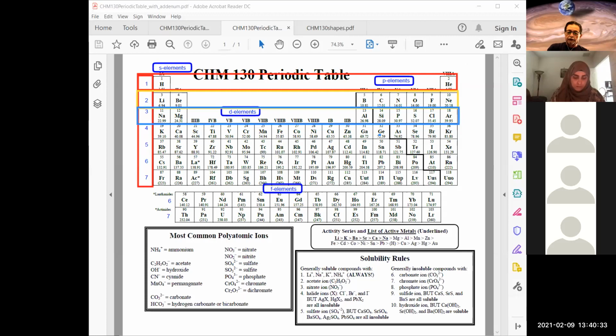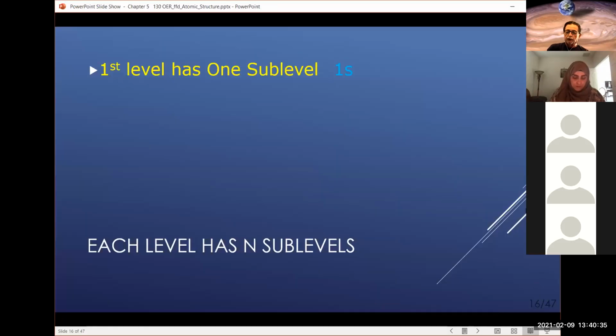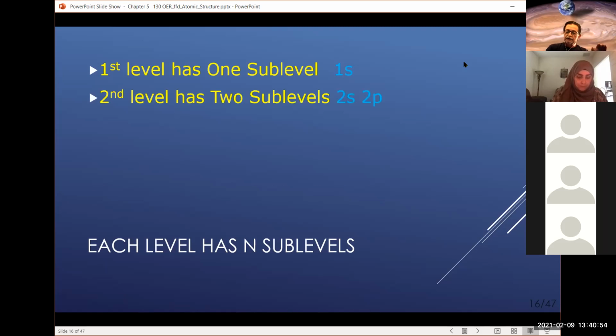So in the first energy level, there's only one sub-level, or what we call orbit. I'm going to use the term orbit rather than sub-level to distinguish the two. We're going to have one energy level and then orbits. So there's only the S, and it's only the hydrogen and the helium as I showed you going across the periodic table. The second energy level has two sub-levels or orbits. They also contain the S, but now we have what are called the P. Okay. And then the third